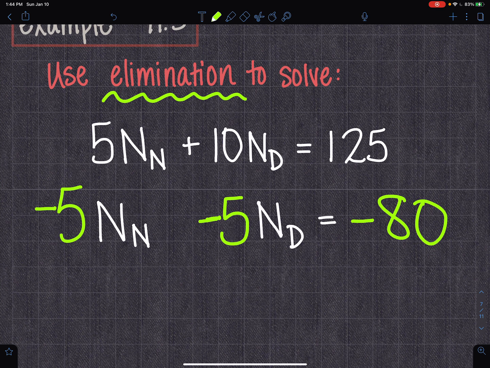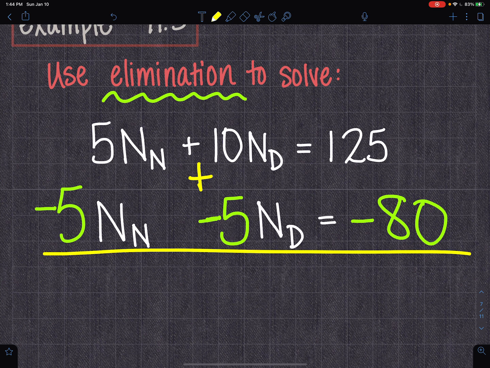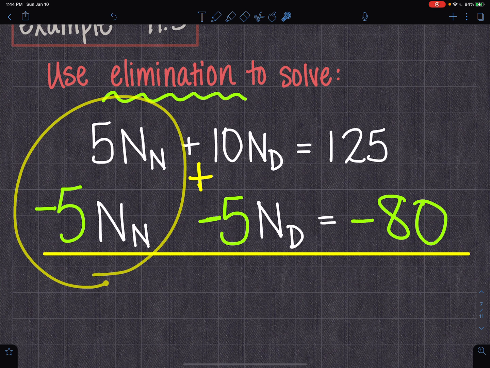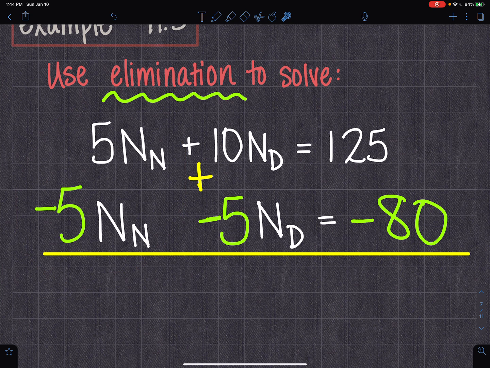Now I'm going to add these two equations together, this one on top plus this one on the bottom. And when I do that, I see that this 5nn minus 5nn cancels out, so that just goes to nothing. Now I'm going to add the next column: 10 times the number of dimes minus 5 times the number of dimes. So 10 minus 5 is just 5 times the number of dimes is equal to